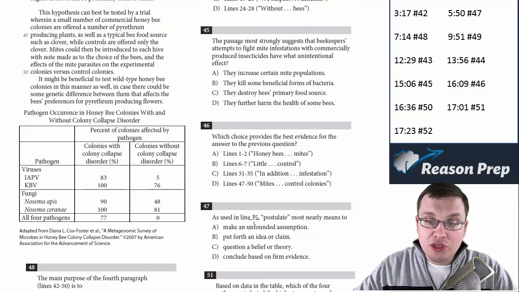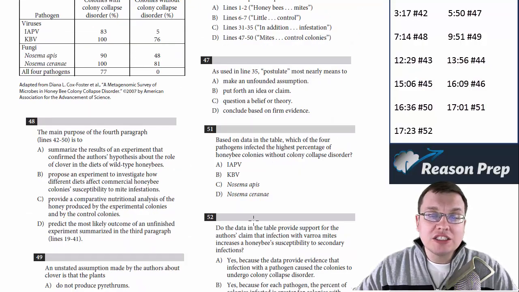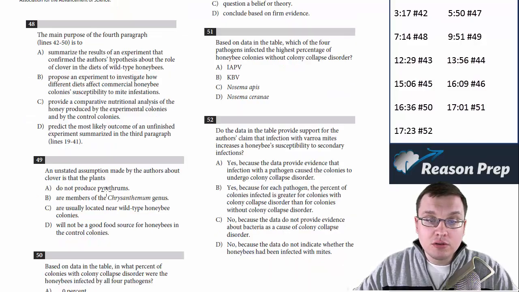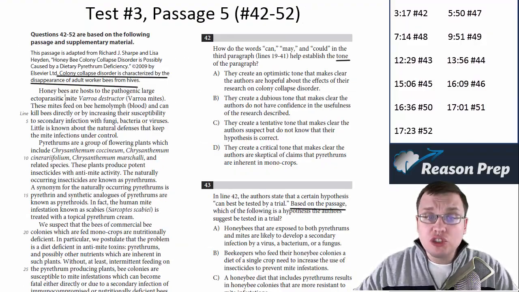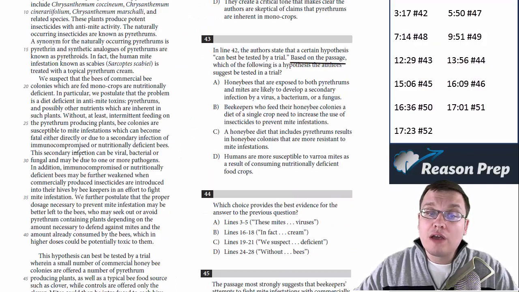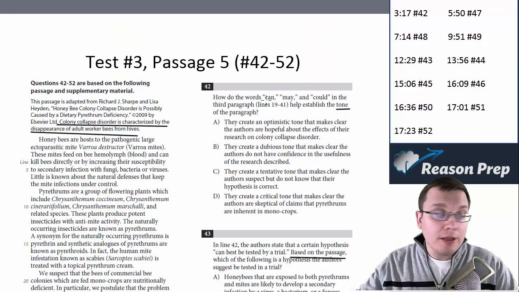Another part 2 question, 35, is about the word postulate. So this is what I suggest. This one's about the fourth paragraph. Okay, so I suggest let's answer 42 first. Let's read all the way through the third paragraph. And in the third paragraph, we're looking for the use of the words can, may, and could, and how that